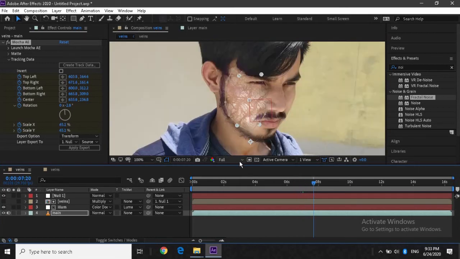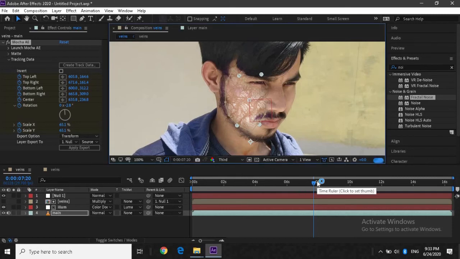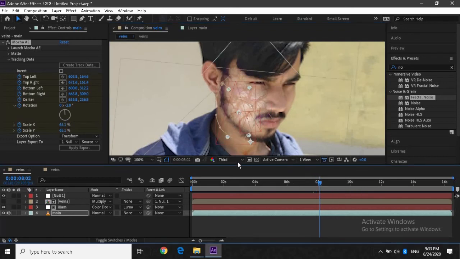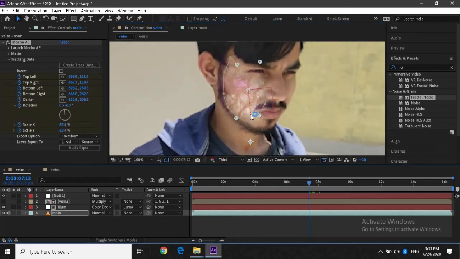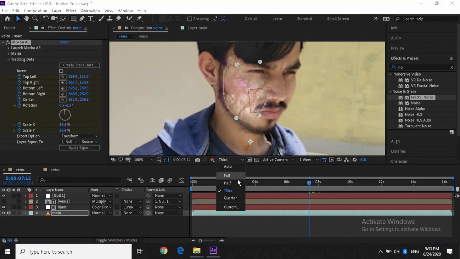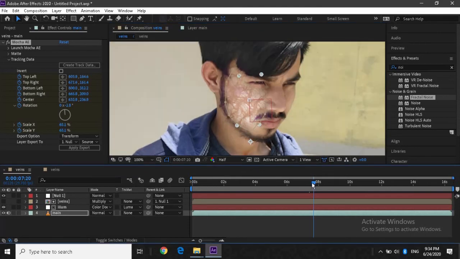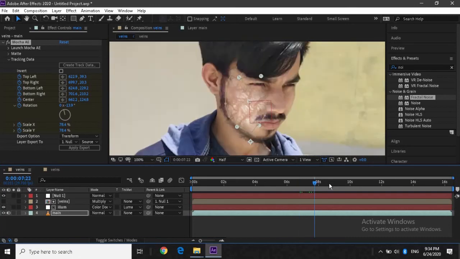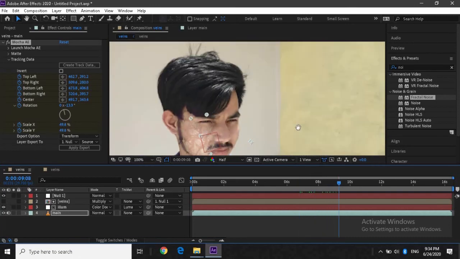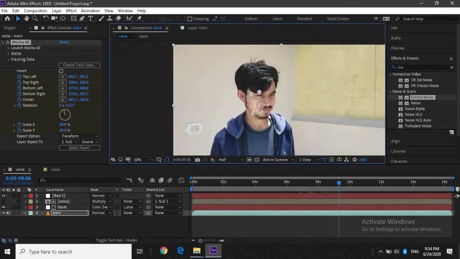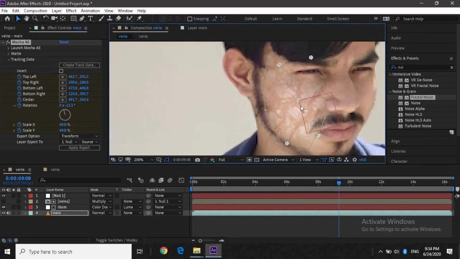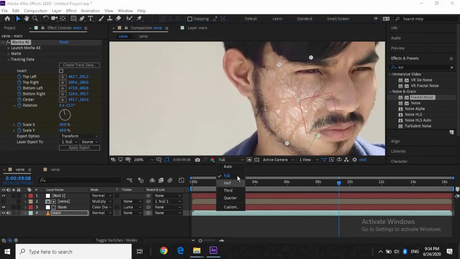Just make it half or third, based upon your computer specification or laptop specification, whatever you are using. And basically our work is done. What we wanted to do was to let the nerve stay. Look at it, it looks nice, I think so. And yes, it stays on its points, look at it.